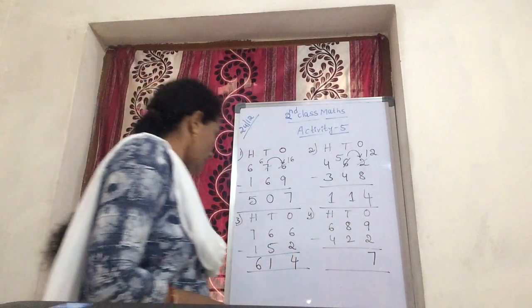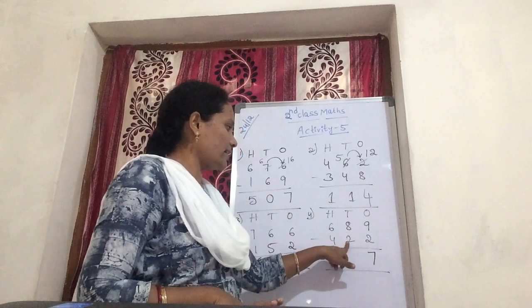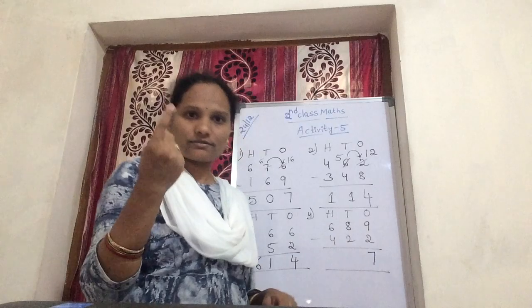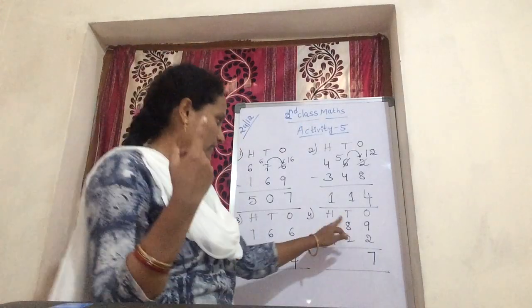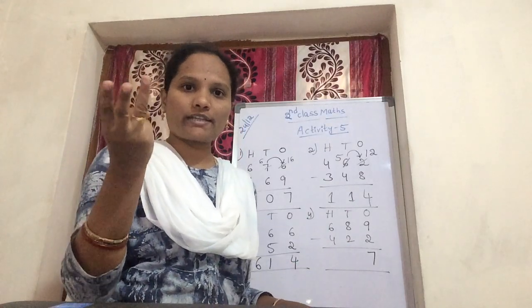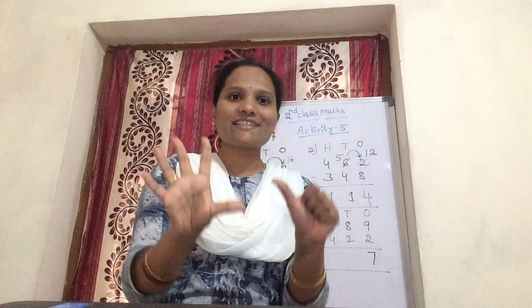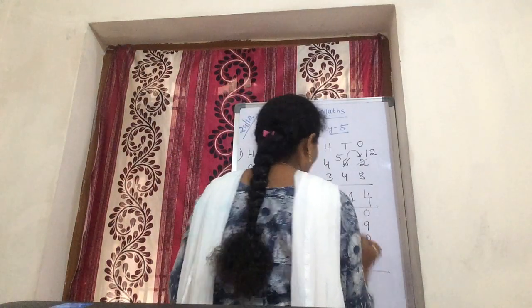Now again 8 minus 2. Again you are counting with the same method, counting after the second number up to the first number. Here the second number is what? 2. So after 2 comes 3, 4, 5, 6, 7 and 8. So here how many fingers are you getting? 6 fingers. What is your answer, Amma? 6. It's a simple method. You should write it in the tens place.